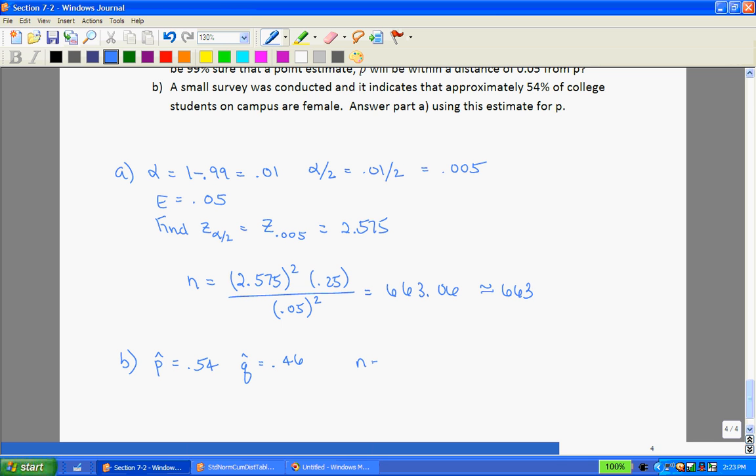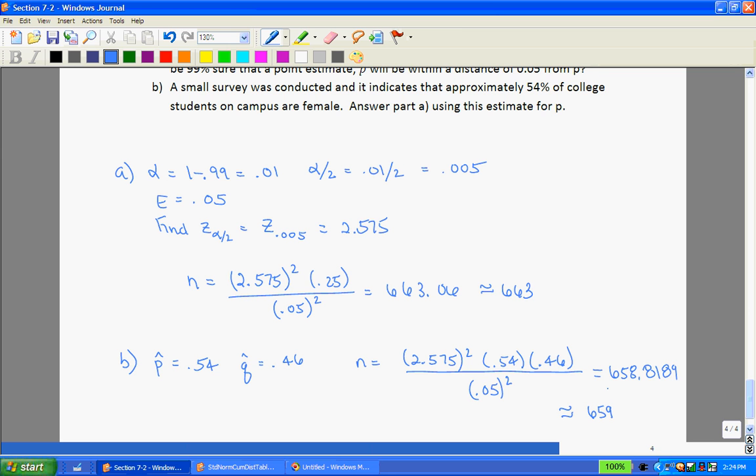So this time to find n, I would still use my same z-score, 2.575. That gets squared, times, well, not times 0.25 this time. This time we'll use p hat and q hat. So this will be 0.54 times 0.46 all over 0.05 squared. So the only two things that changed were these numbers here. And multiplying that out, I get 658.8189. So if we were to round that up to the nearest whole number, we'd say